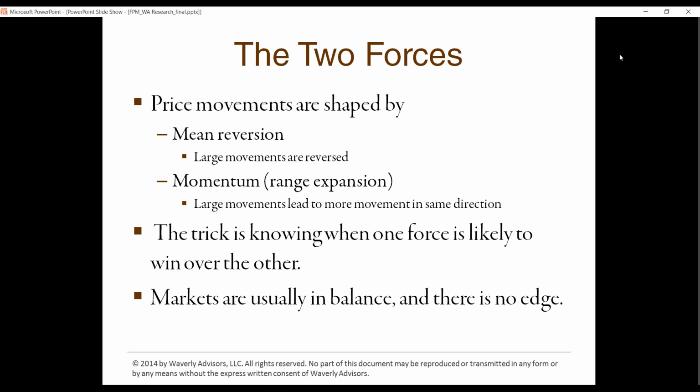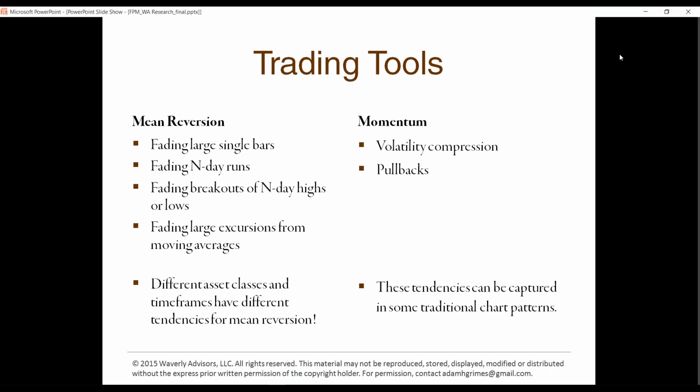Markets are very competitive. It's very hard to make money. The only edge that's out there is a small edge. There's no, win 90% and have your winners be 3 times the size of your losers. That doesn't happen. That doesn't exist. It's not possible in competitive markets. But if we're able to identify these points where we're likely to say, over the future, and we can define the time period, a big move is likely to continue, then that tells us how we should trade the market. If we can say any big move is likely to reverse, that tells us something.